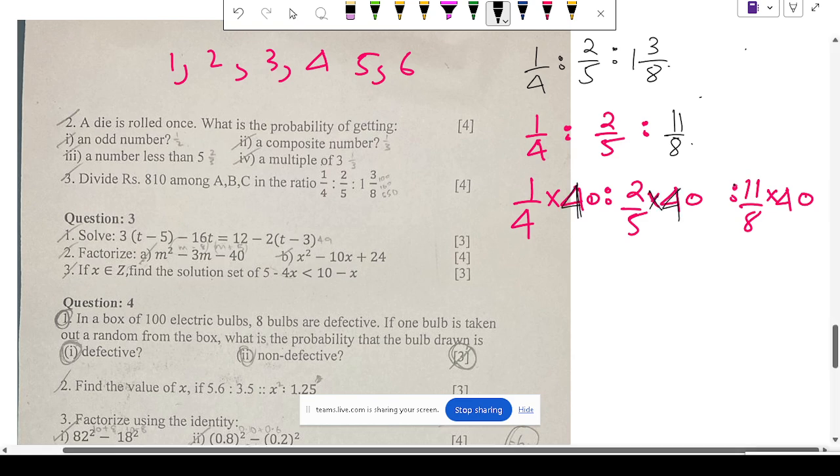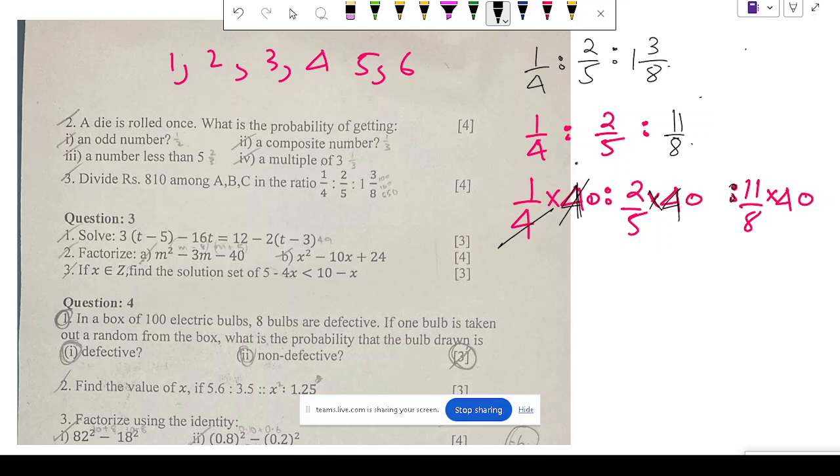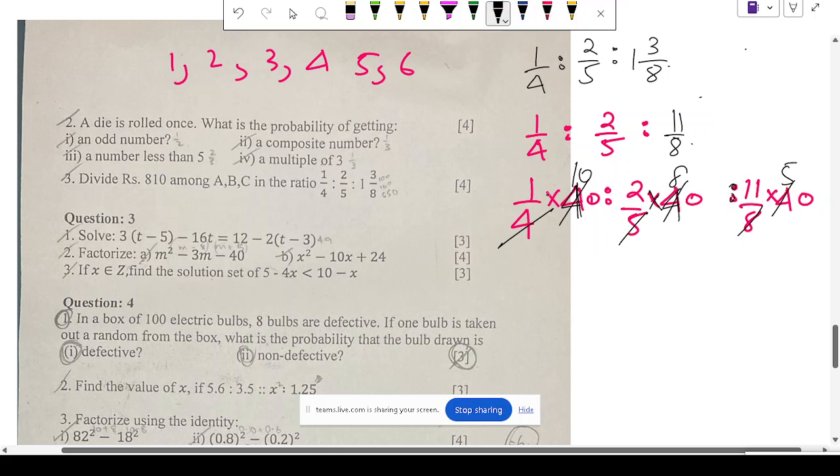No, not same numbers. I told you one more point. We always take LCM to eliminate which one? The denominator, sir. If you take LCM, the denominators get eliminated, correct? Yes, sir. So what do you get? Sir, 10, 8 and 5. Then when you multiply, you get 10 is to 16 is to